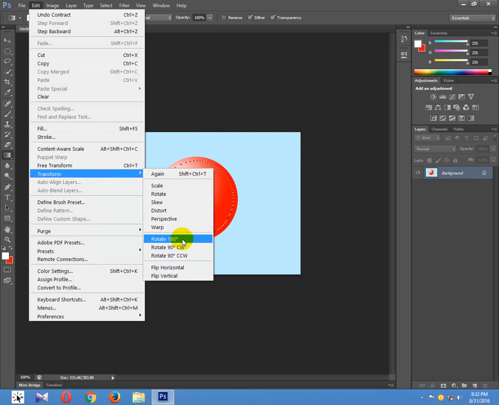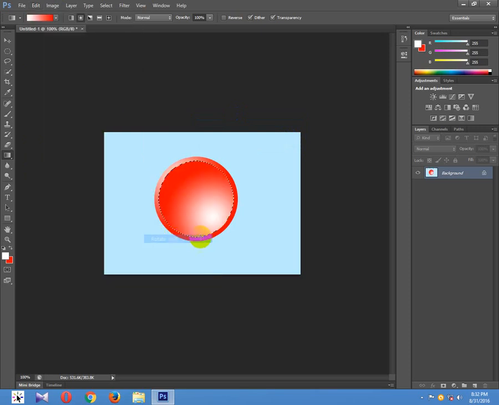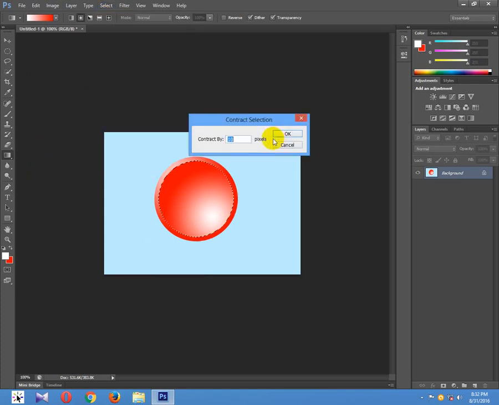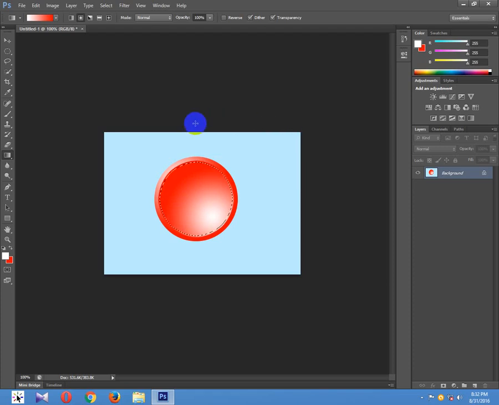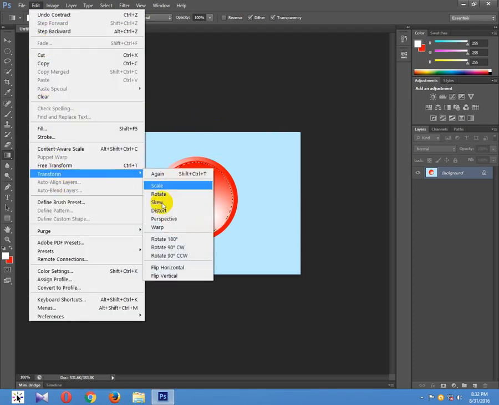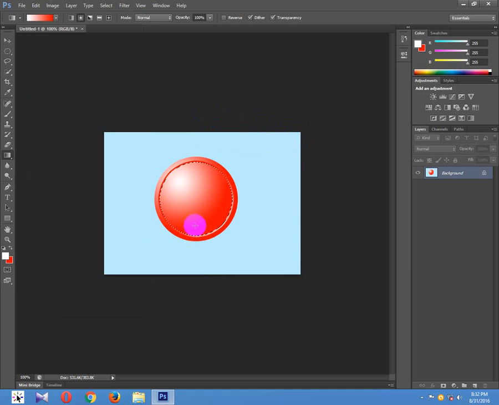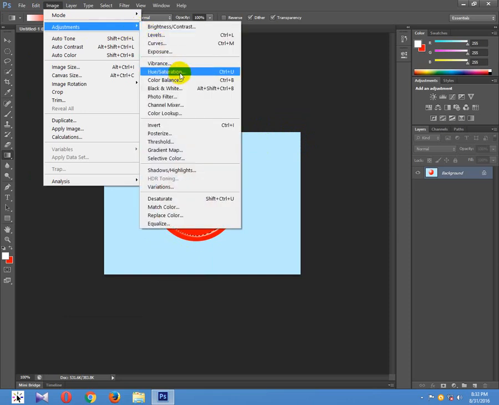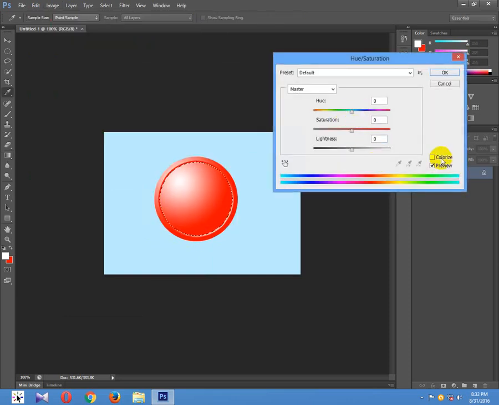rotation 118 degree, and again go to select, modify and contract and type here 3 and OK. Again go to transform and rotate 180 degree, and now you go to image adjustment and hue saturation and click